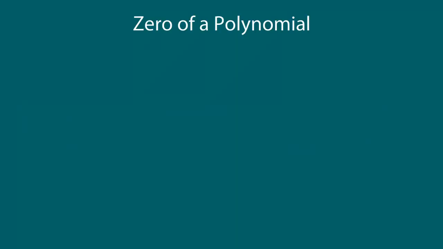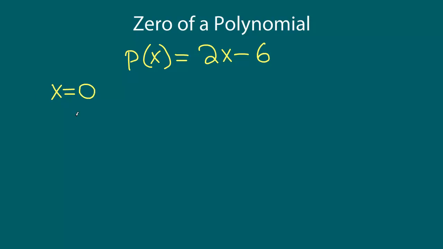What is meant by 0 of a polynomial? Let's find out. So let's say we have a polynomial p(x), and let's say our polynomial is defined as 2x minus 6. And what we will do is we will try and find out the value of the polynomial at some values of x. So let's say we want to find out the value of the polynomial at x equals